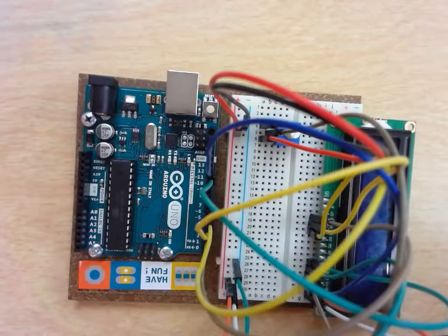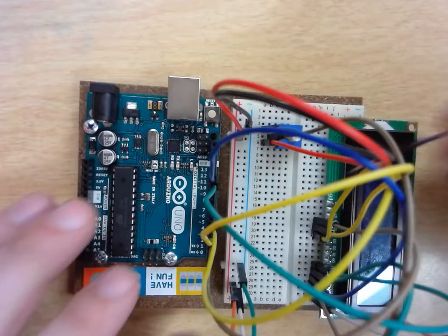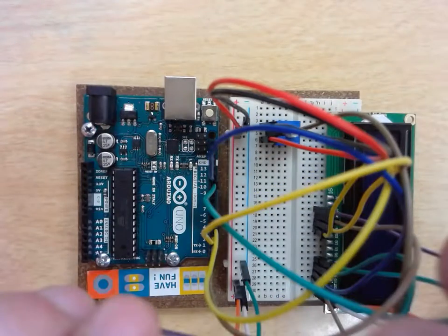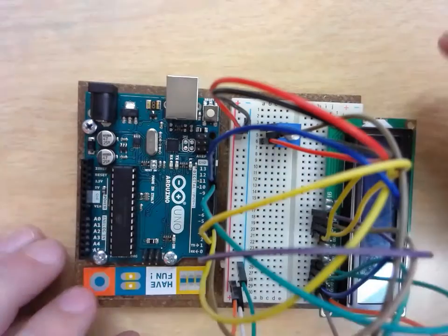D8 or D7 is going to go into pin number 2 on my board. D7 is going to go into pin number 2 on my board. So this is going to be pin 2. And then the last thing that I've got is